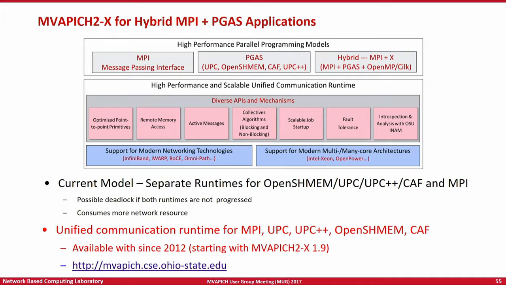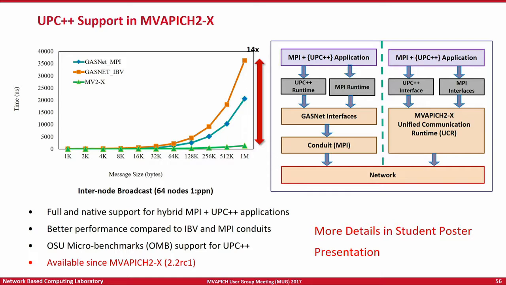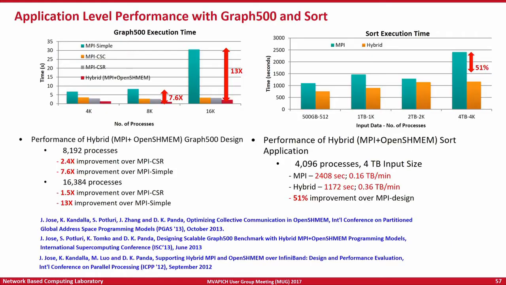These are some examples of the kind of performance benefits you get with the hybrid MPI plus OpenSHMEM programming model for Graph 500 and the simple sort benchmark. And this is more of a recent work where we try to see the kind of benefits you can get with OpenSHMEM on the KNL architecture, which was done by Jahanzeb. We compare the performance obtained on the KNL with and without MCDRAM as well as on Broadwell, and show the results here.